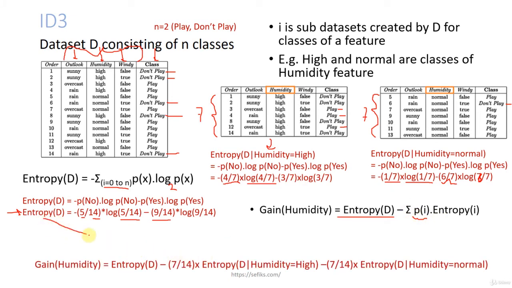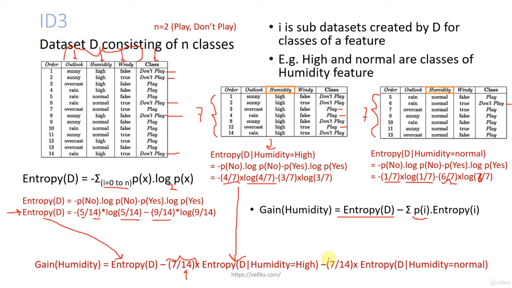Again, entropy is calculated here, and the first data set's probability is 7 over 14. 14 is the total instances in the main data set, and 7 is the instances for the sub data set, and times entropy for high humidity. It's actually calculated here,